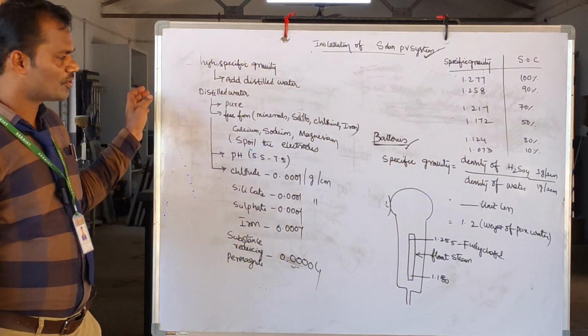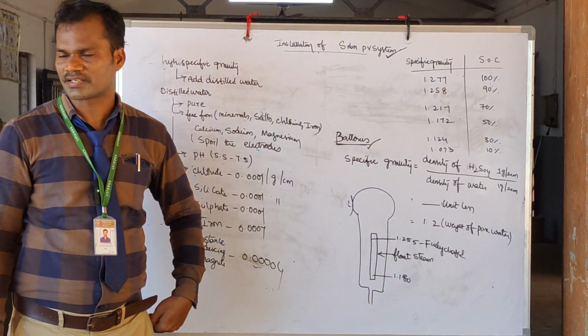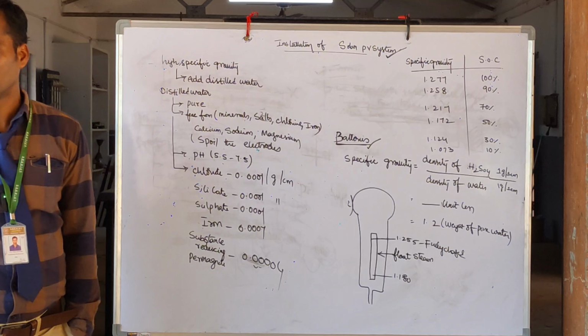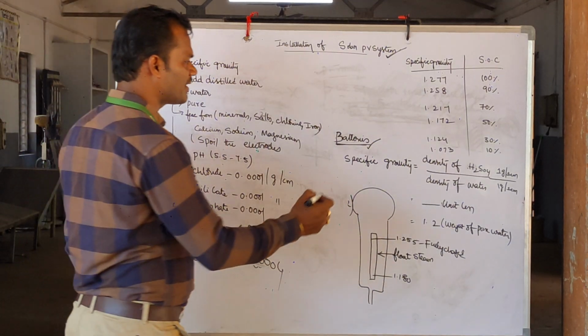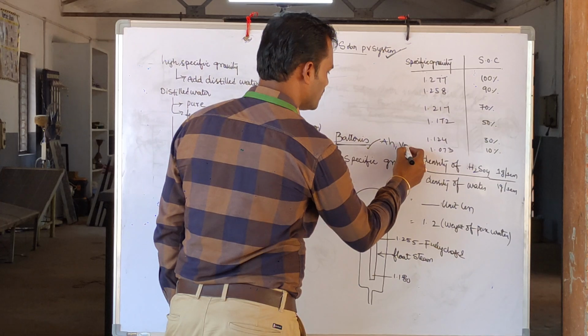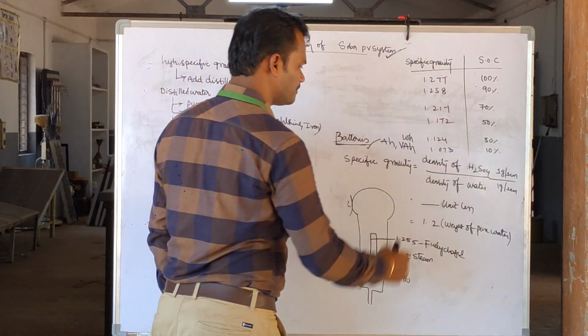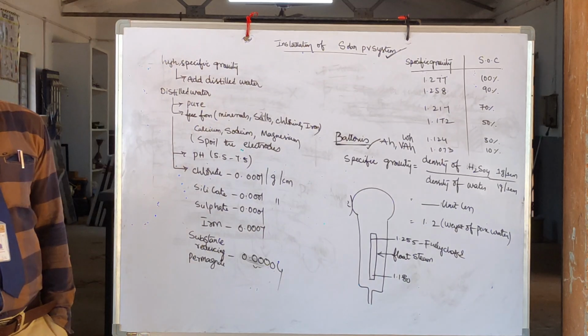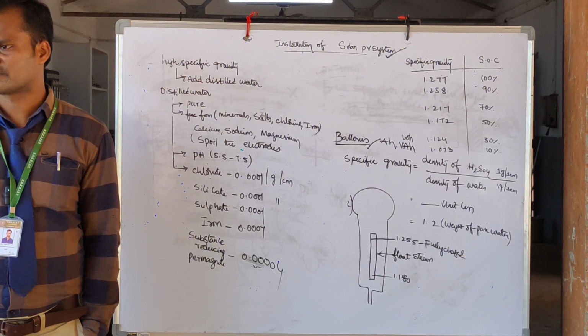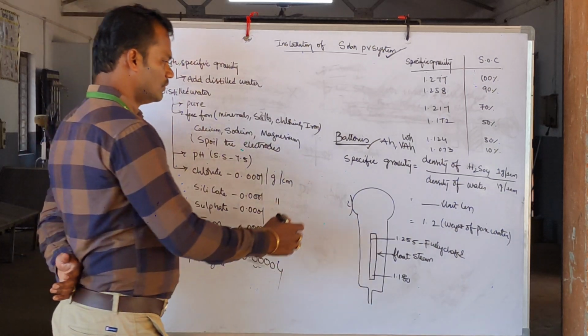Okay, so now coming to the batteries, you have already studied the basic parameters of a battery. What is the rating of a battery? The battery can be rated in terms of ampere hour or volt ampere hour, where volt ampere hour is also called watt hour. You know this, and you had already calculated ampere hour efficiency as well as watt hour efficiency. Now let us try to check